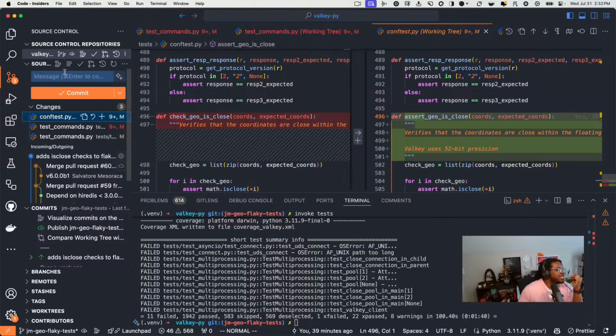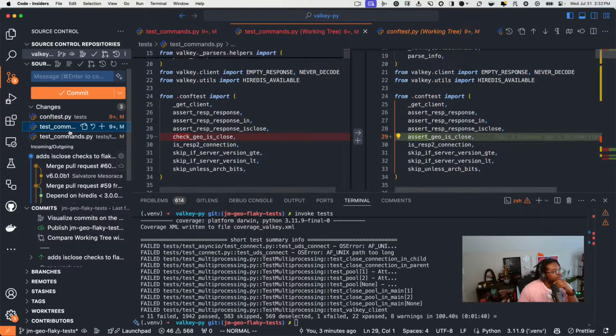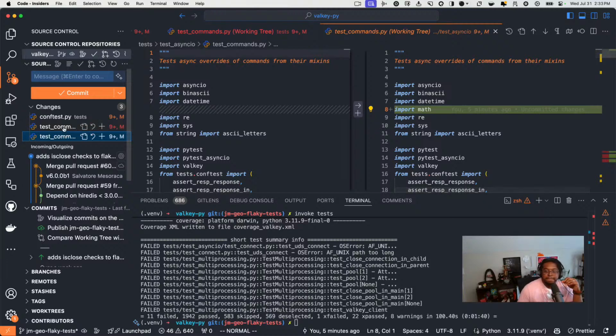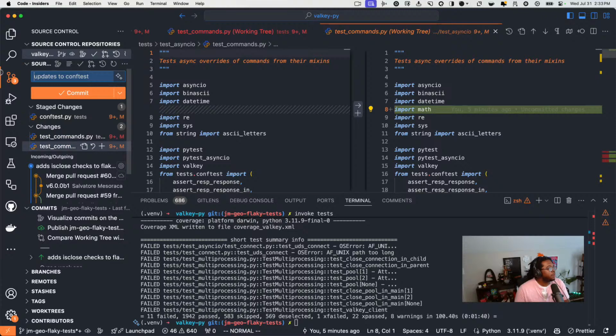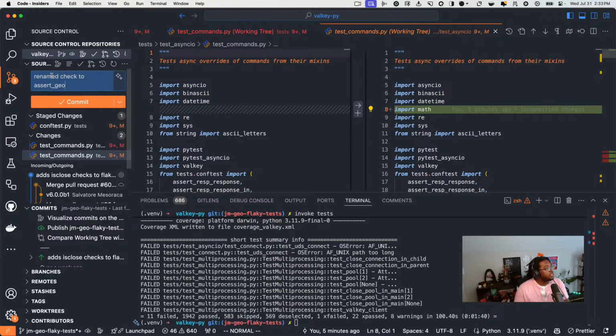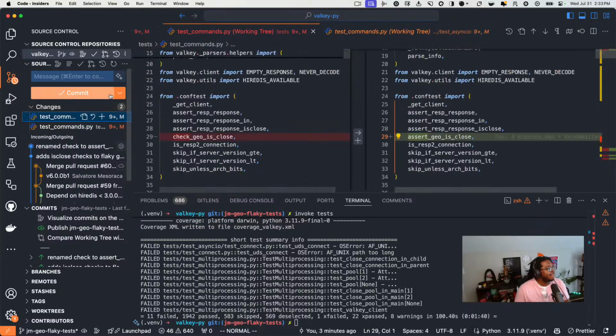I don't know what to do on this, because let's see, updates to comp test, and we'll just pass this in. Updates to comp test, what did we do there? We renamed check to assert geo is close. And then we have